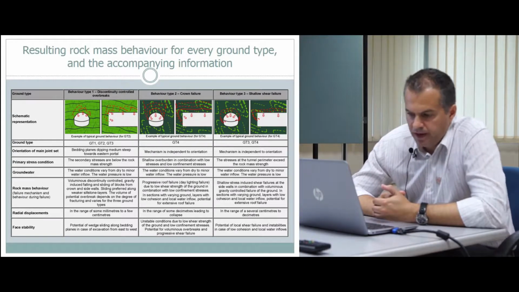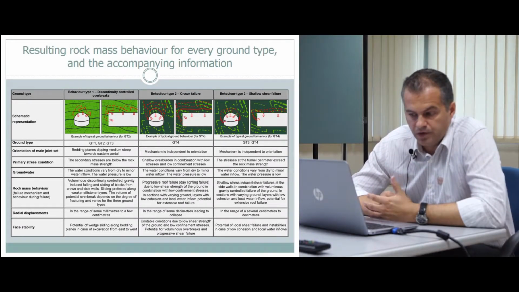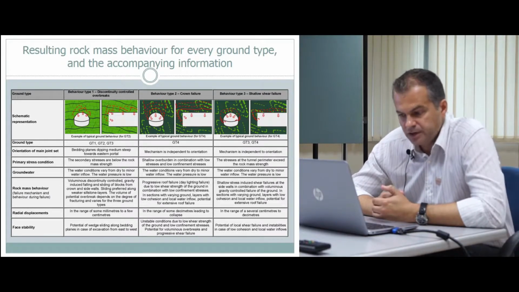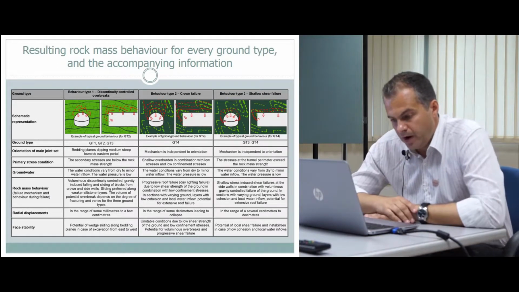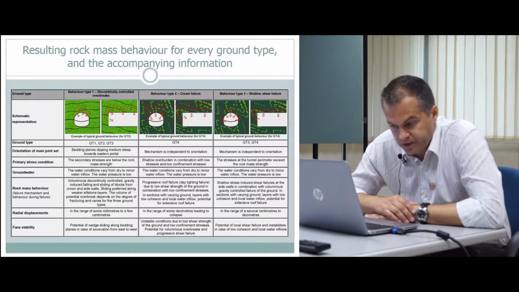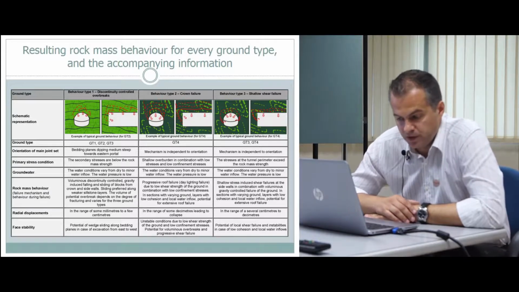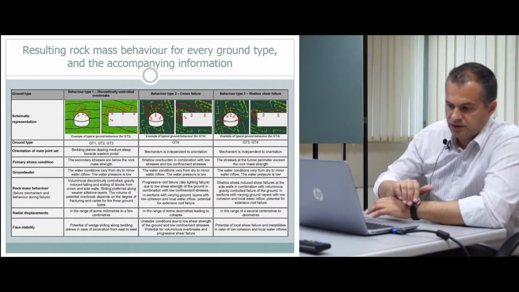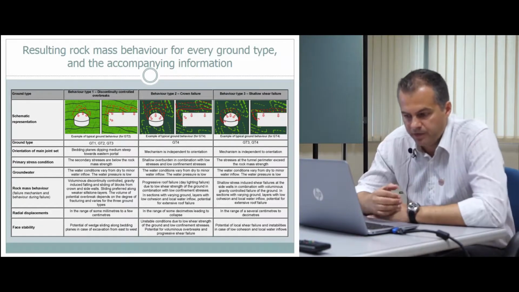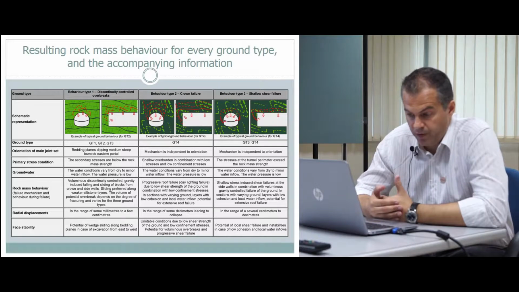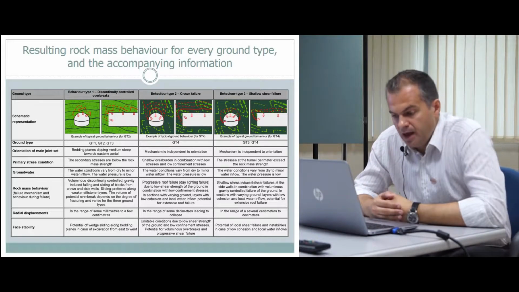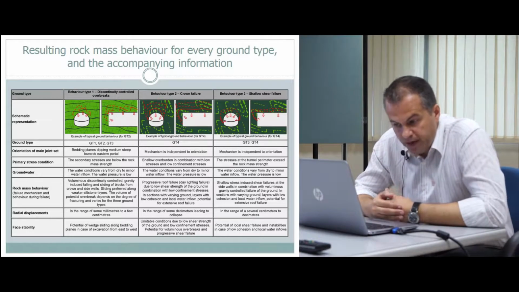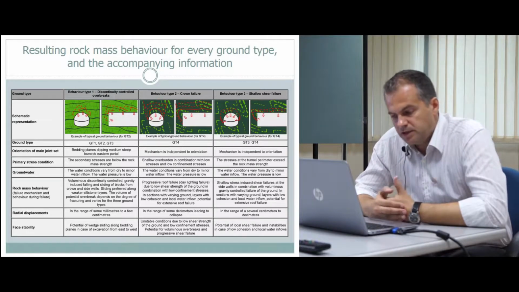and sidewalls. Sliding is preferred along the weakened siltstone layers, so the parameters should be focused also on the weak siltstone layers, not only on the sandstone that prevails in the area. The volume, of course, of the potential overbreak depends on the degree of fracturing and varies for the three ground types. So an underground wedge analysis will be executed in order to calculate in detail these volumes and